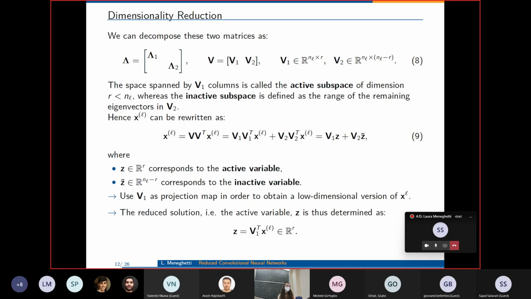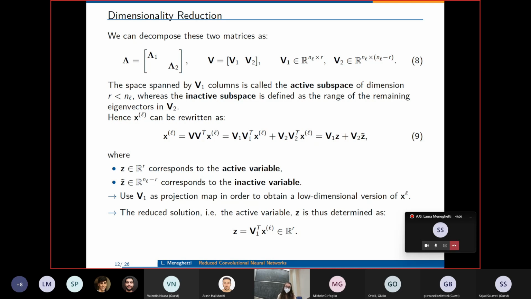So, in order to obtain a reduced version of our original vector XL, we are going to use this projection matrix, V1,